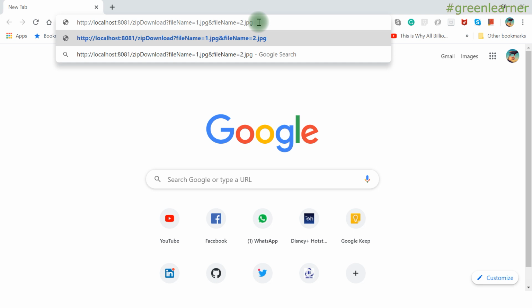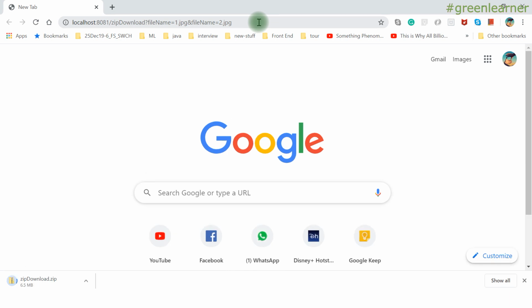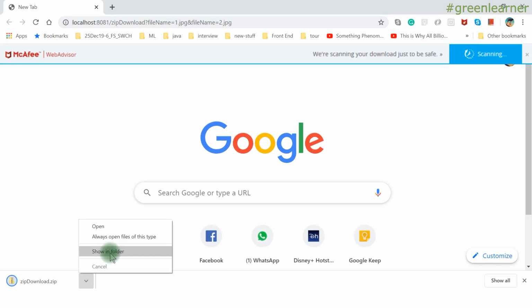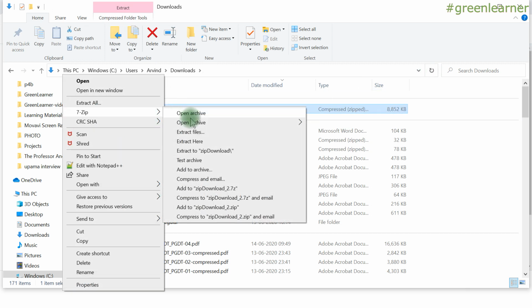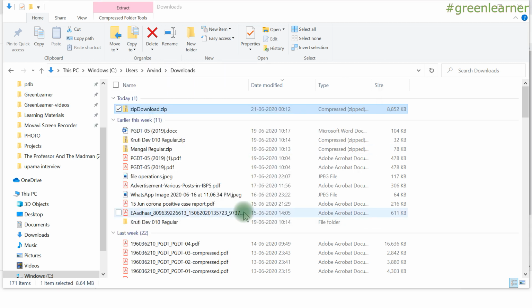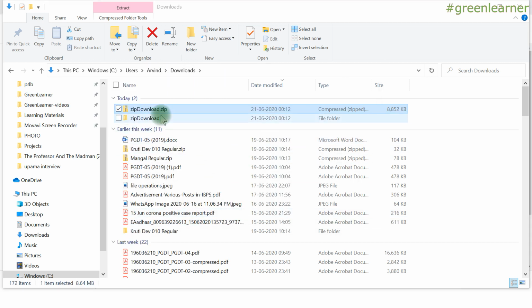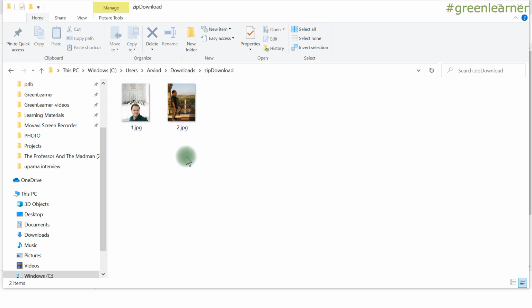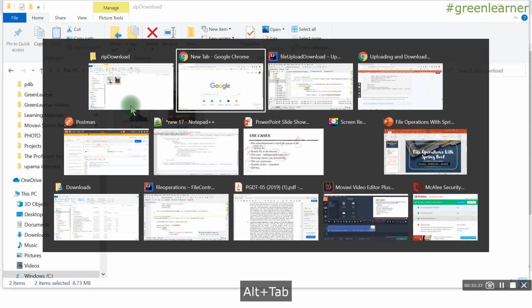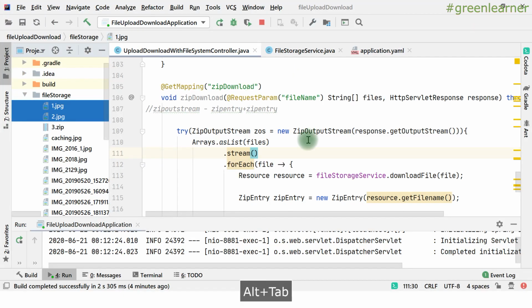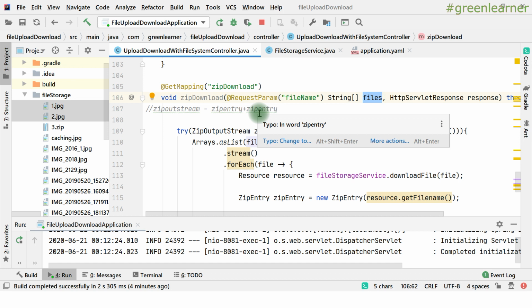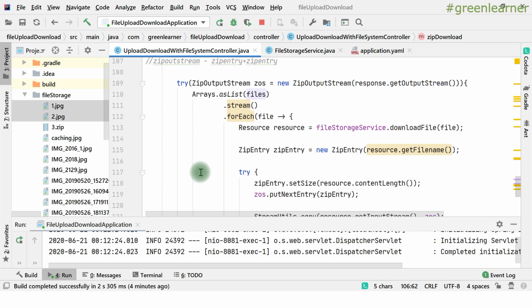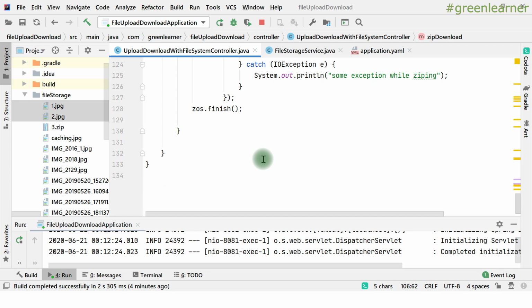We want to download 2 files, so let's hit this zip download, right? It has added these and given the name to the system. If I come here, I can see these 2 files, right? So these have been downloaded. I can put any files under this and it will put those into a zip and download it for us, right? So it has done this automatically.